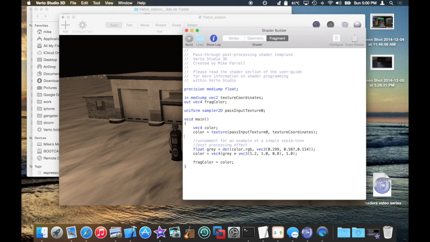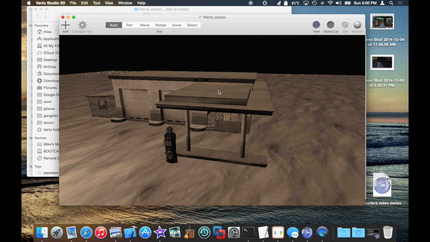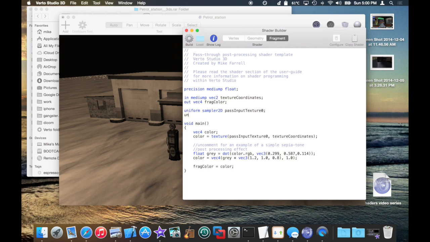Well, really, the sky's the limit. So for example, suppose I've already got this sepia effect, which actually looks pretty cool, right? Suppose I wanted to animate this effect. Well, as you guys remember, if I declare time, it's set for me by the Verto Studio system when I go into fly-through. So suppose I wanted to take this effect and make it flicker almost like you were looking